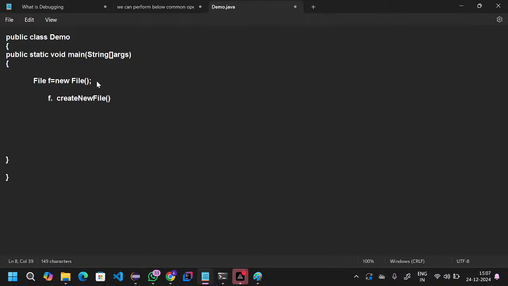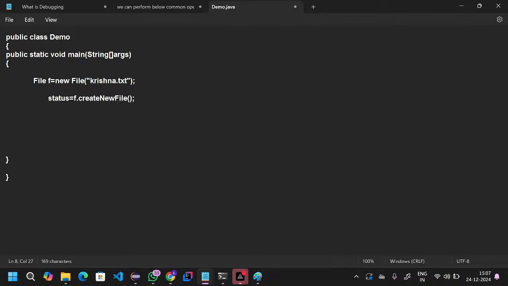That method name I'm copy pasting here, and then here you can mention the file name. For example, here I would like to mention file name, some krishna.txt, and these I can store in again one